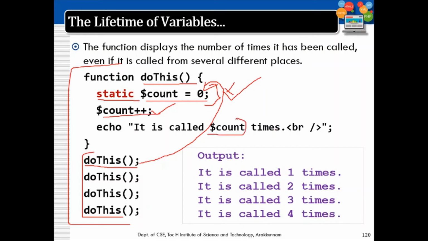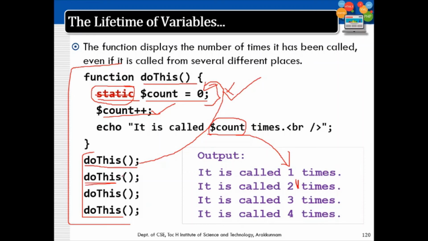So when you display this count here, it will display the value 1. It will be initialized with 0 and an increment is performed, so the value will be 1. Normally, if it did not have a static keyword here, then the second call would again produce the value 1, because the count would be initialized to 0 again and incremented again. But as the count contains a static keyword, this initialization happens only once in the lifetime of that entire script.